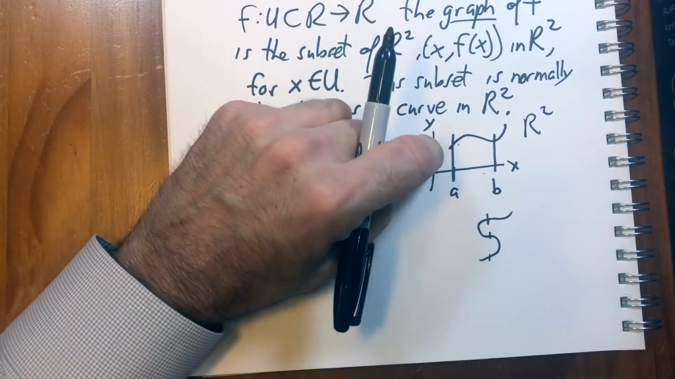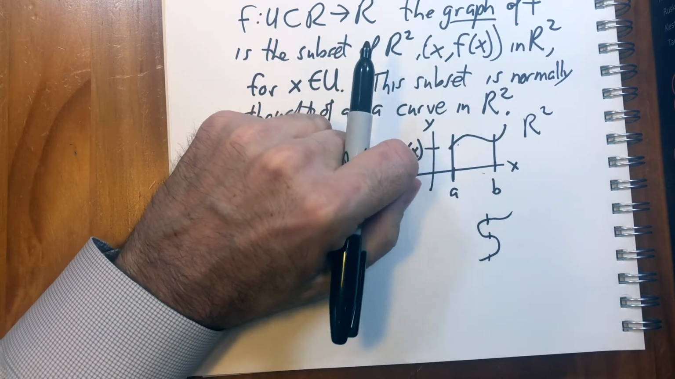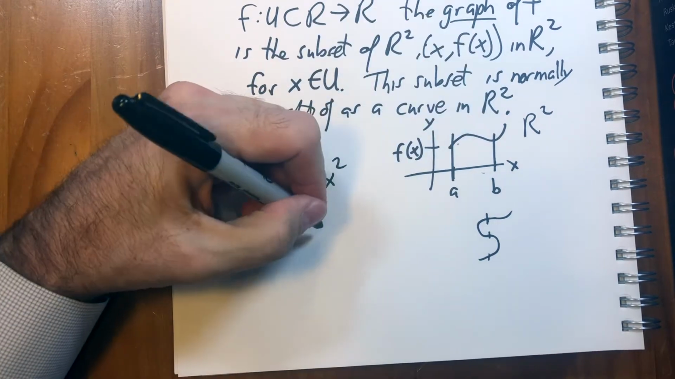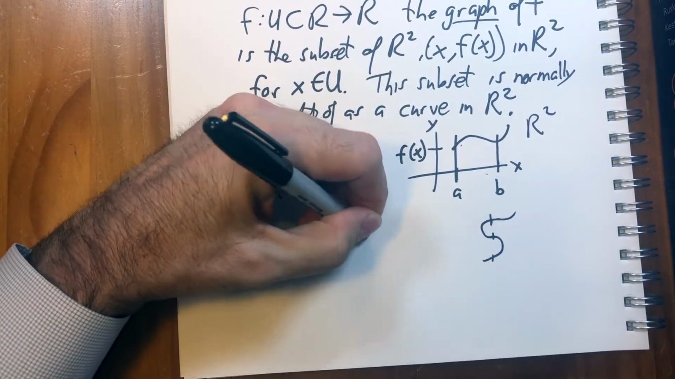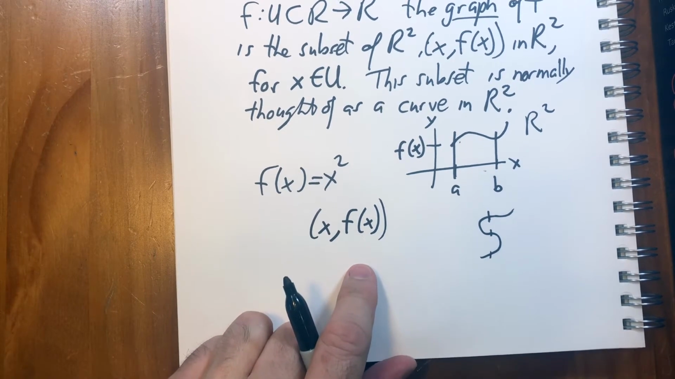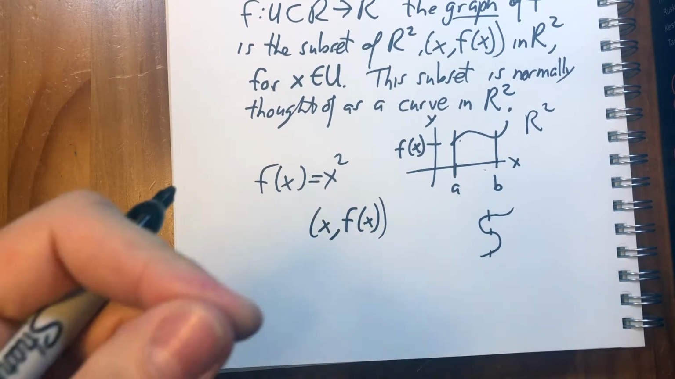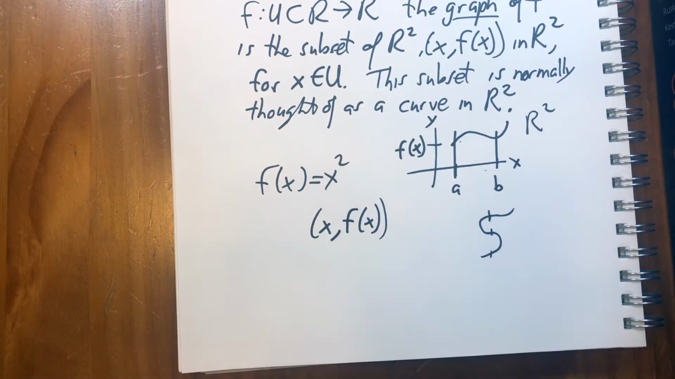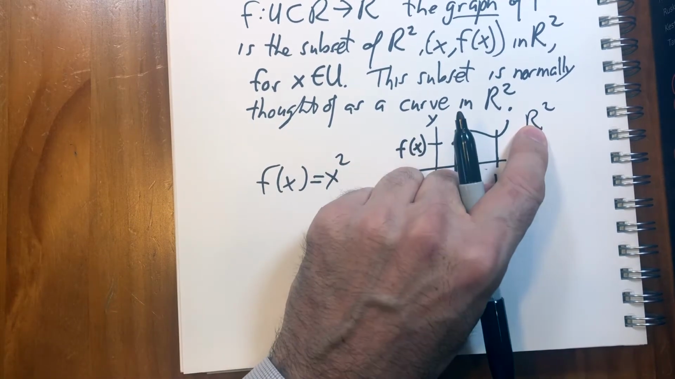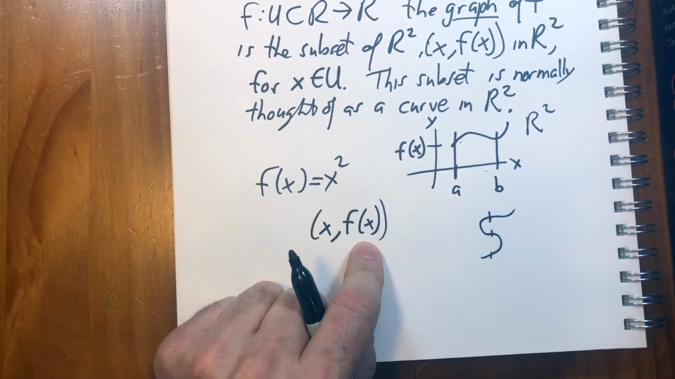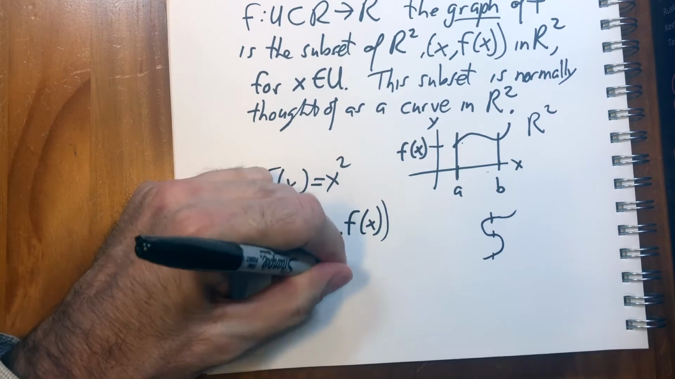Right? And the curve carved out by f of x is a subset of R2. It's a set of points in R2, and that set of points is defined by x comma f of x. So it's important to appreciate that we can think of the graph of a function as a subset of points in R2. So that curve in R2, the subset of x comma f of x, is called the graph